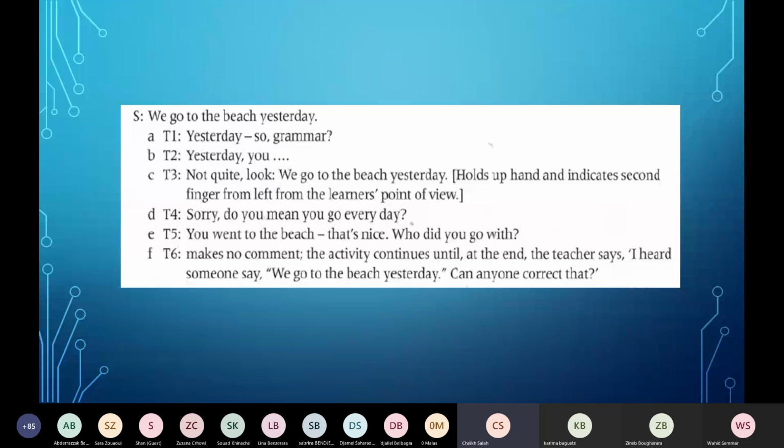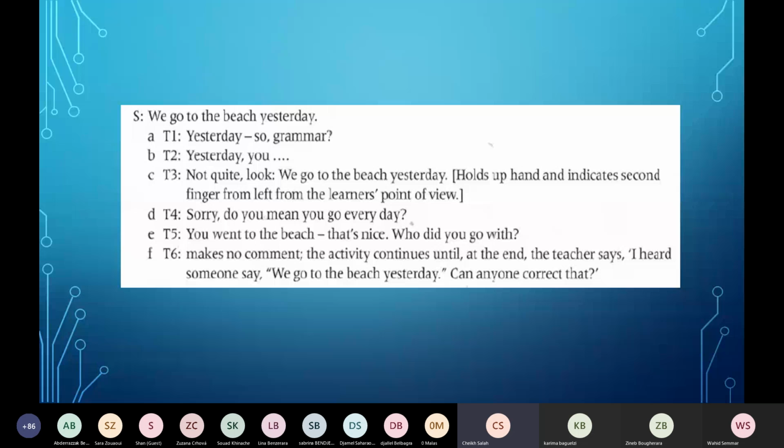Teacher number 4 is going to be blunt with it and say, sorry, do you mean you go every day? By using a question, you give the student the opportunity to rethink his sentence or his answer. Teacher 5 would say, you went to the beach, that's nice. Who did you go with? Trying to make it a conversation to make them realize which tense they are using, either the past, the future or the present. And teacher number 6,